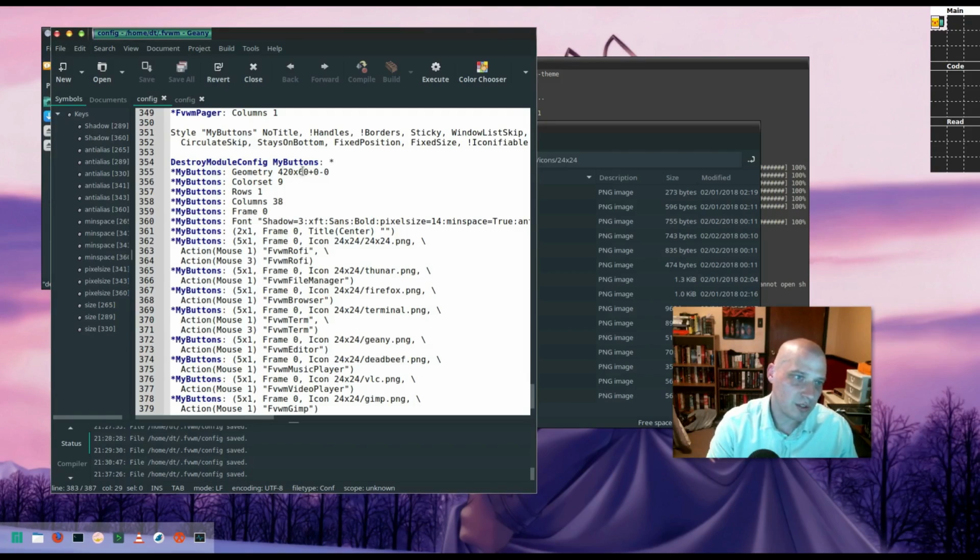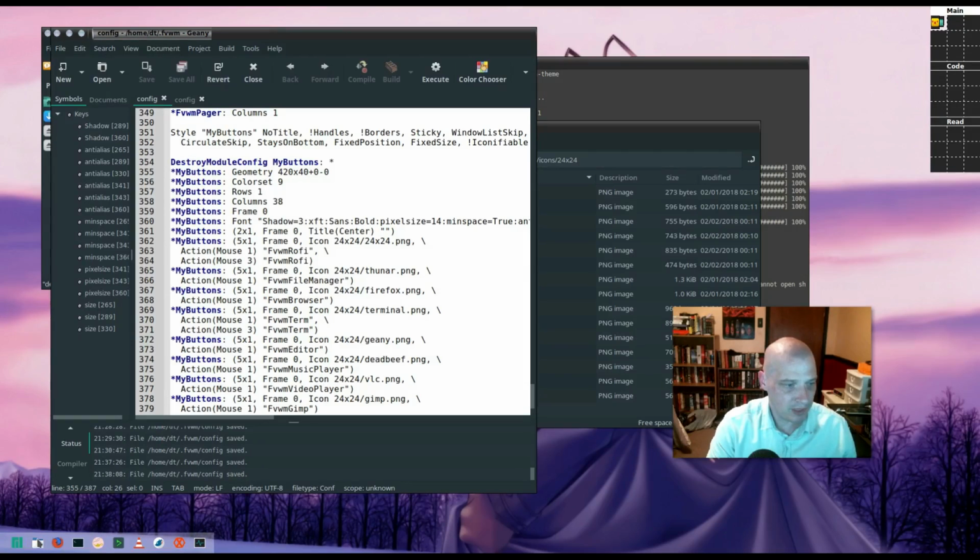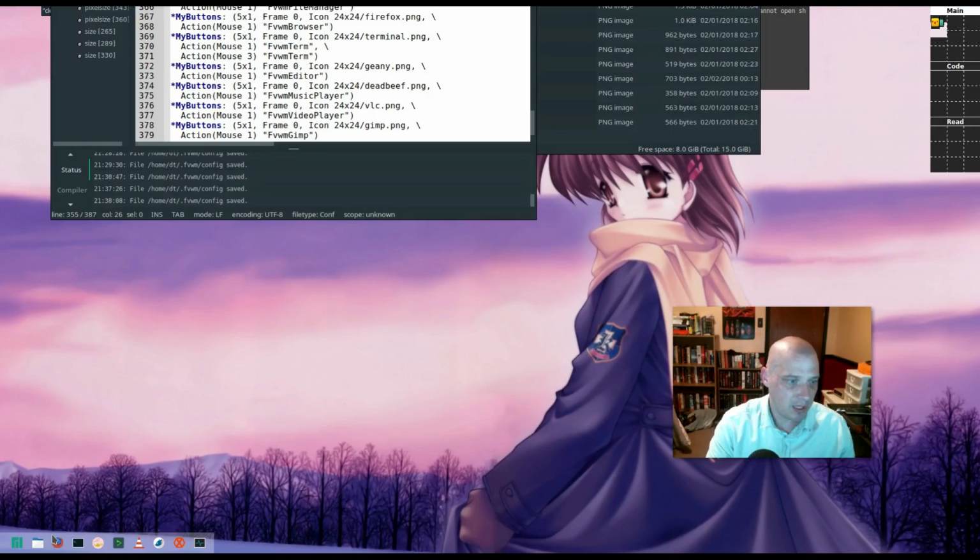I'm going to change this by 60 to by 40. Let's see what that does. Restart FVWM. Oh yeah, that looks nice there. I like that. Now the transparent background, I think I want to change to a dark background like I did